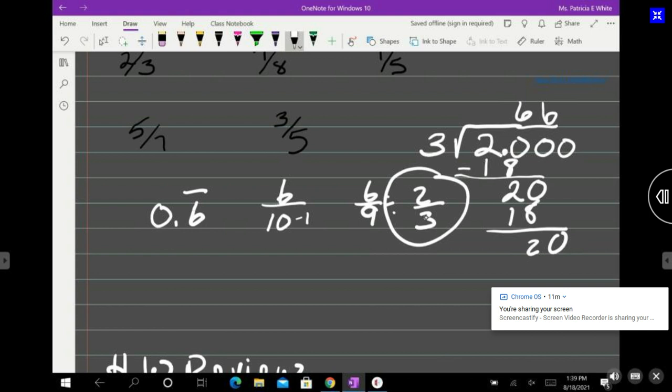So if I can write it as a fraction, it is rational. Can I write a repeating decimal as a fraction? Yes. So then it is rational, right? All right. So I should see that on your paper,